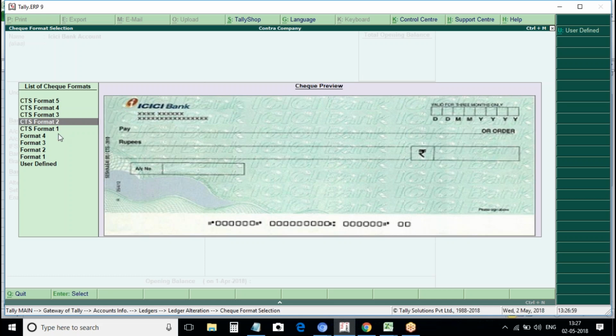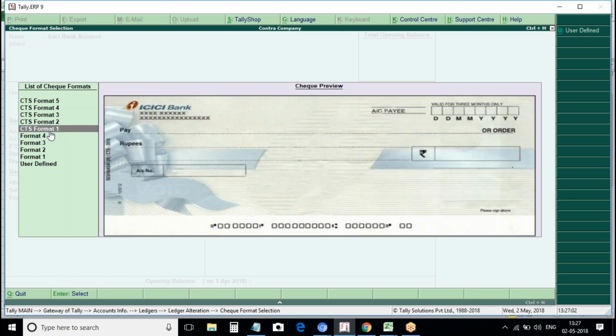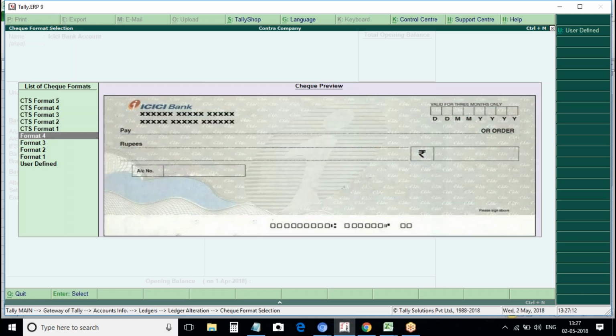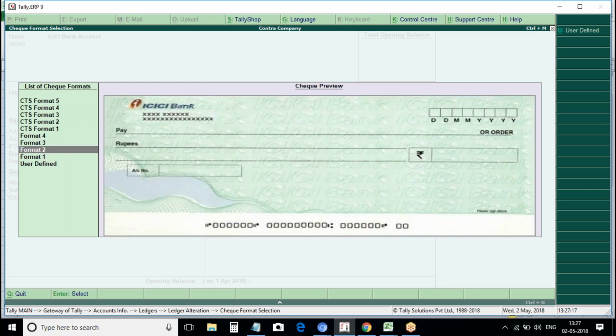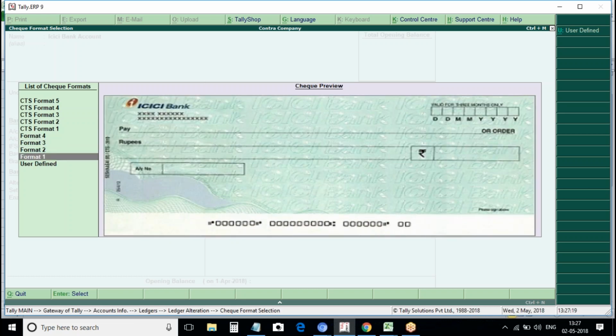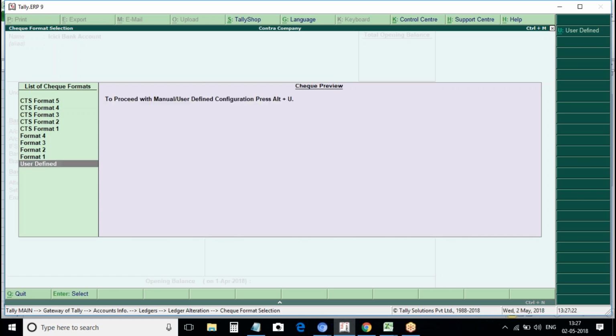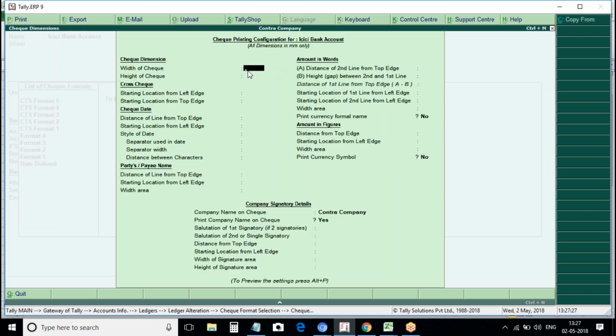So these are the different available formats from the Tally end. As per the checks available with the banks, Tally has incorporated that setting in the application. Defaultly some of the formats are being given from the Tally end. From this you can select the format of the check. If not, if you want to customize as per your requirement, you can go with the user and press Alt U and you will define the setting of what's the